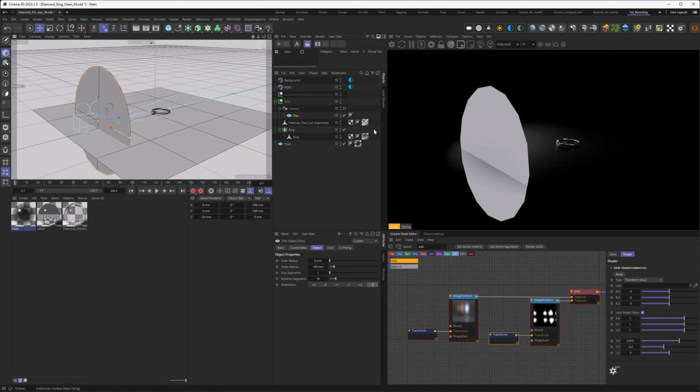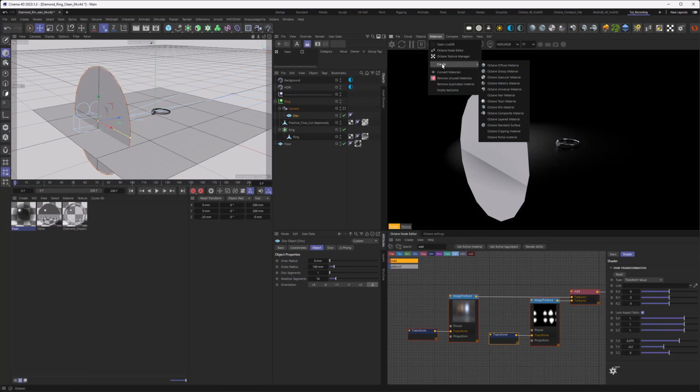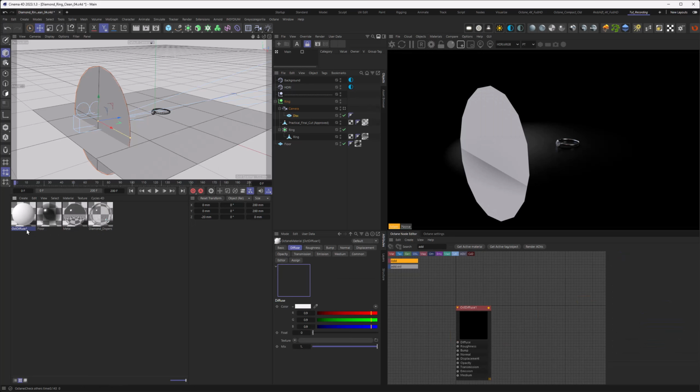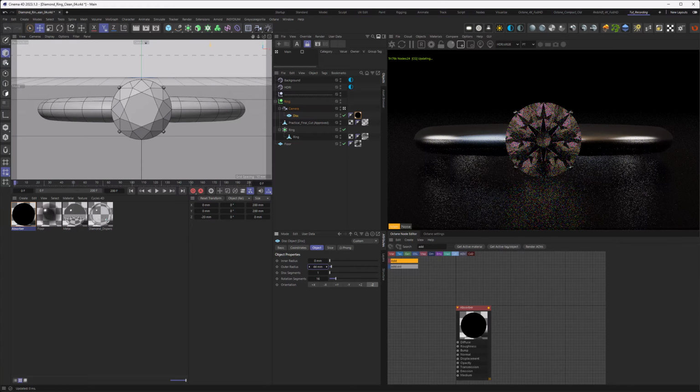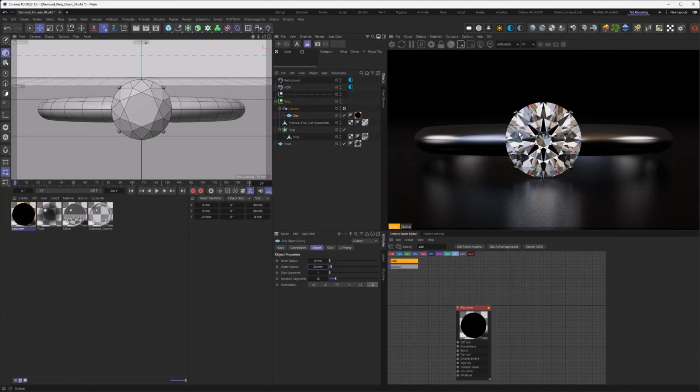And then last but not least, create a completely black material. So we go to our materials, create a diffuse material, which we then call absorber, and make completely black. Here we go. And then we go ahead and attach that material to the disk and look through our camera again. Now this is very dark and this is because the disk is very large, but if we make the disk smaller, you can see now there is a pattern forming here in the diamond